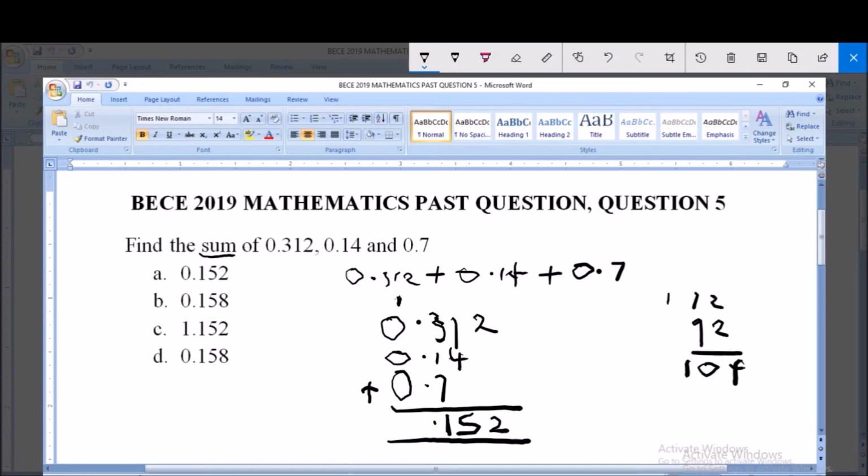Now when you put your 1 here, you now continue your addition. 1 plus 0 plus 0 plus 0 will give you 1. So with this, you have 1.152. From the options, C here says 1.152, because A here says 0.152, and 0.152 is not our answer. It's wrong. Likewise, B says 0.158, which is wrong. C says 1.152, which is our answer, so it's correct. But D says 0.158, it is wrong. So our correct answer is C,